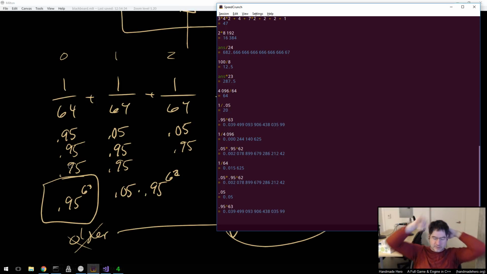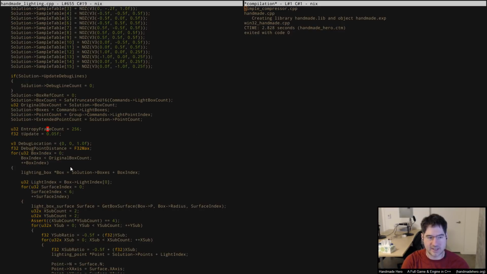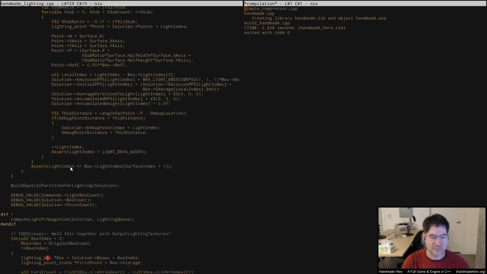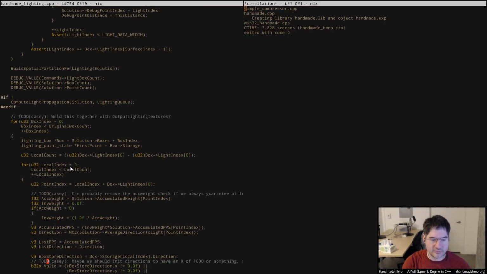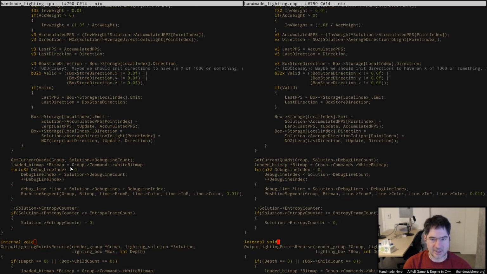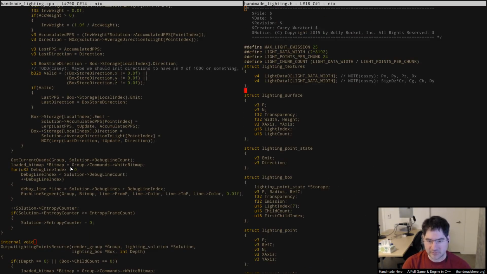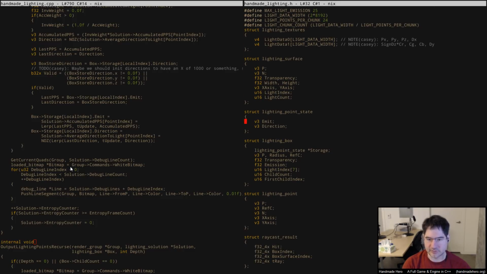Similarly, what we could do to take a look at the difference, right, is we could actually do exactly what we're talking about explicitly. So the way that we would do that is we would just actually sum up all the samples over time and divide by the total number that we had sampled, right? And eventually we'd start overflowing. It would be nasty, but we could actually do that to a certain extent, right? And like I said, I'm not sure exactly how we would want to do that, but for example, since we're storing, I believe, this lighting point state here,